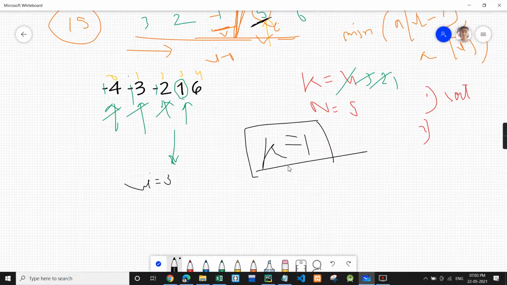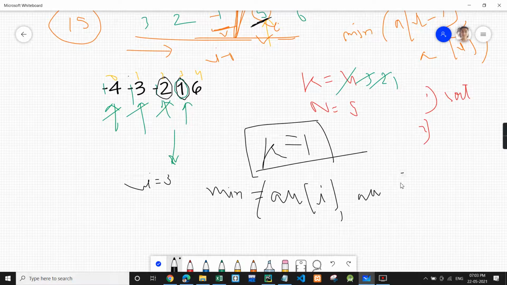So now we see k is odd, we need to do one modification, and this is I and this is I minus 1. We have to take the minimum of ARR of I and ARR of I minus 1, and whichever is minimum, we will make negative, so that less value is subtracted from the overall sum, right? Now ARR of I is 1 and ARR of I minus 1 is 2. So in this case, ARR of I is smaller.